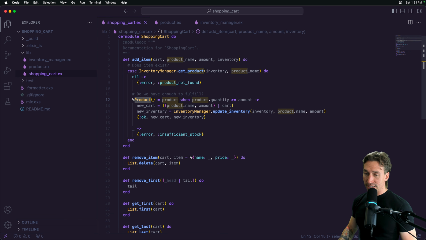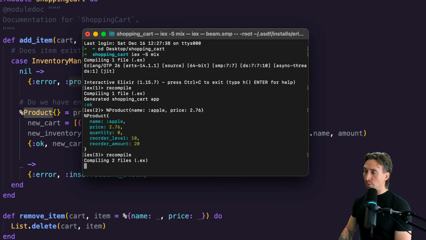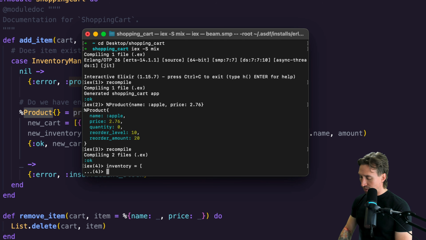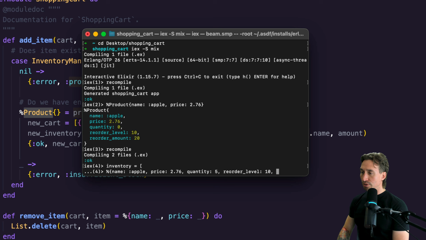When we save this, go back to our terminal and recompile this. All right, so like we did in the past, let's create our inventory list. I'm going to just space down so it's readable. Now, if we do name, Apple, price, 276, and then we have our quantity, 5, and then our reorder level, 10,